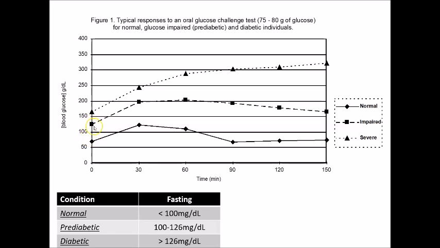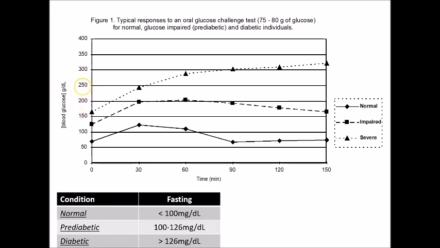For the pre-diabetic condition, it's right at 125, 100 to 126 milligrams per deciliter would be the pre-diabetic condition, sometimes known as glucose intolerant or impaired, but the more common terminology nowadays is pre-diabetic. The idea for pre-diabetes would be to maybe alarm the patient so that it sounded serious and they started doing something in a proactive way towards fixing it before they actually became diabetic themselves. The diabetic level is 126 or above, and we can see